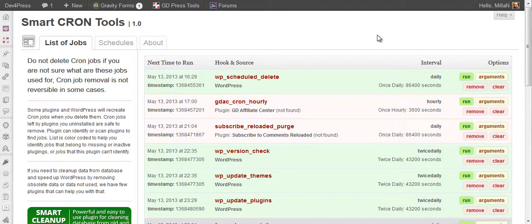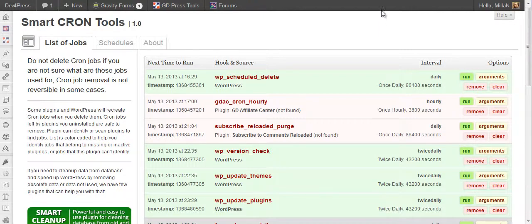WordPress cron is a scheduler system that runs in the background of WordPress. Since many things in WordPress require regular execution, like checking for updates, deleting posts and things like that, all these tasks or jobs are scheduled to run once or twice daily, and the cron system then executes one or more jobs. There are methods to register extra jobs for different things, and many plugins use this.